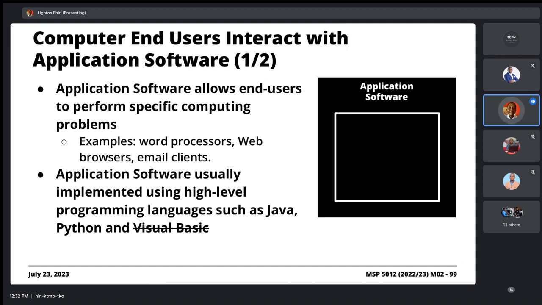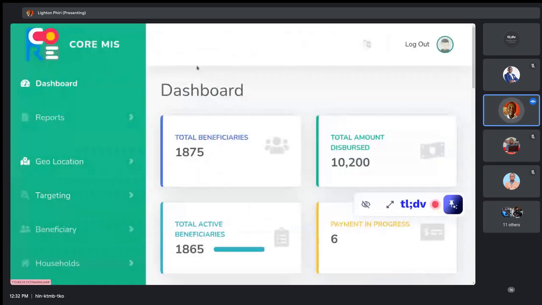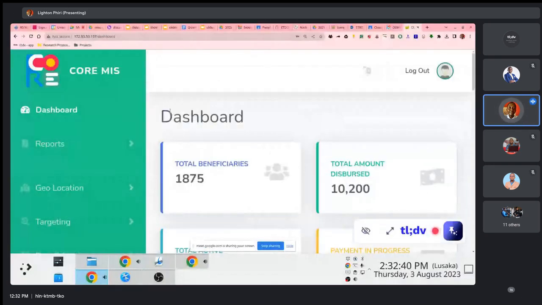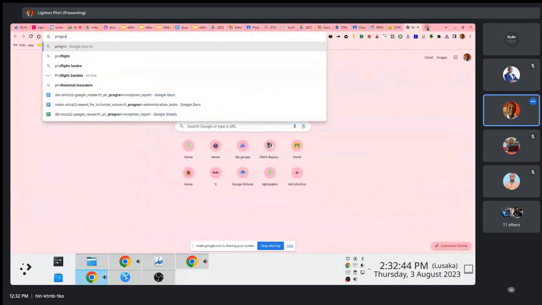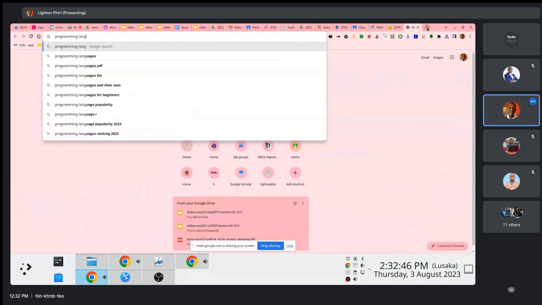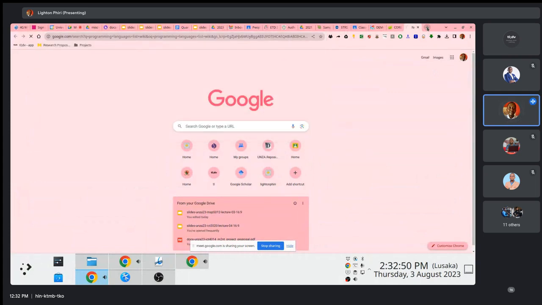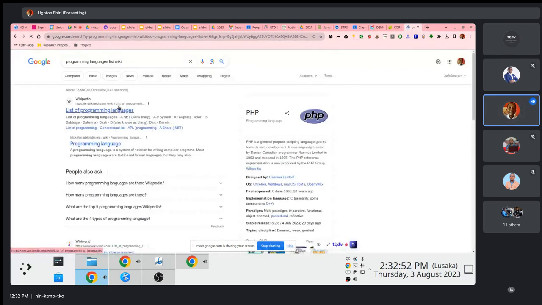Programmers usually will have a choice of which language to use. And in case people are interested, you may wish to know that there's actually hundreds, if not thousands, of programming languages.